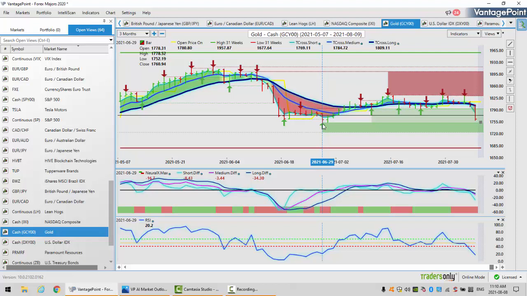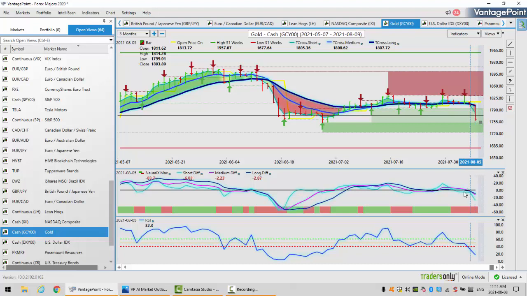But if we don't break down below that and we still have buyers here, that will warn us that that dollar cycle could still be in play, meaning that the dollar is not going to hold on to these gains by Wednesday or Thursday, or maybe even Tuesday of this coming week. So watch that level very closely.